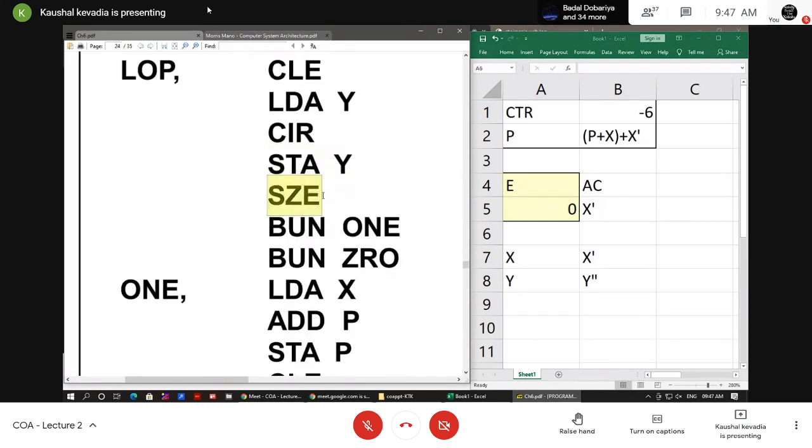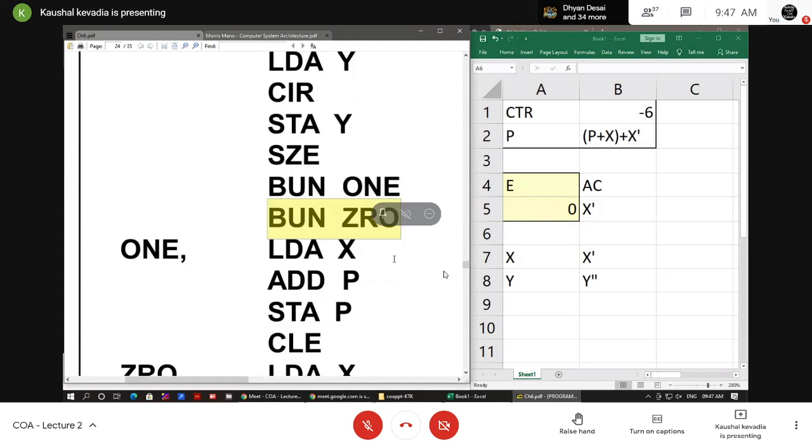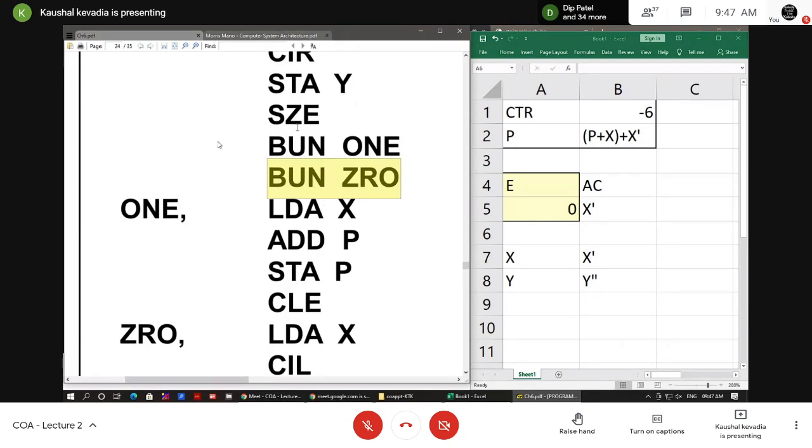देन देयर इज अ SZE, skip if E रजिस्टर इज 0. अगर BUN 1 है तो क्या होगा, अगर इसके अंदर 1 मिलता है तो मुझे 1 के अंदर जाना है, ब्रांच विद द 1 मींस इस फंक्शन को मुझे कॉल करना है, जहां पे भी 1 लेबल फाइंड आउट हुआ होगा वहां पे मुझे जाना है. If it is 0, then where I want to move it is ZRO. Okay, so जैसे भी ये 0 मिल रहा है, suppose at the first time it is a 1. Okay, so BUN 1, तो ये इंस्ट्रक्शन मुझे एग्जीक्यूट करनी है. If it is not 0, okay, so if not 0, I want to move to the 1.